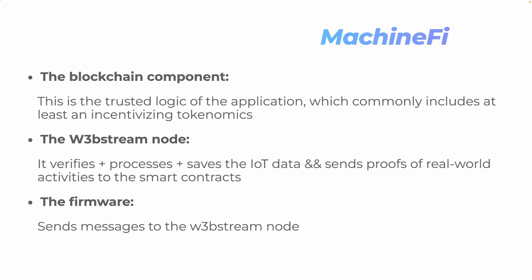And so just sending data to a blockchain is usually not enough. You have to do some authorization of the device, some verification of the data, and typically this can become pretty complex, and it's not possible to do it on a blockchain. Other than that, you cannot easily store IoT data on the blockchain. And you know that usually when dealing with IoT, you are dealing with a huge amount of data. And not all of this data is actually meaningful to trigger some financial action. Sometimes you have a huge amount of data, but only one single data point is the one that maybe crosses some threshold and then triggers some